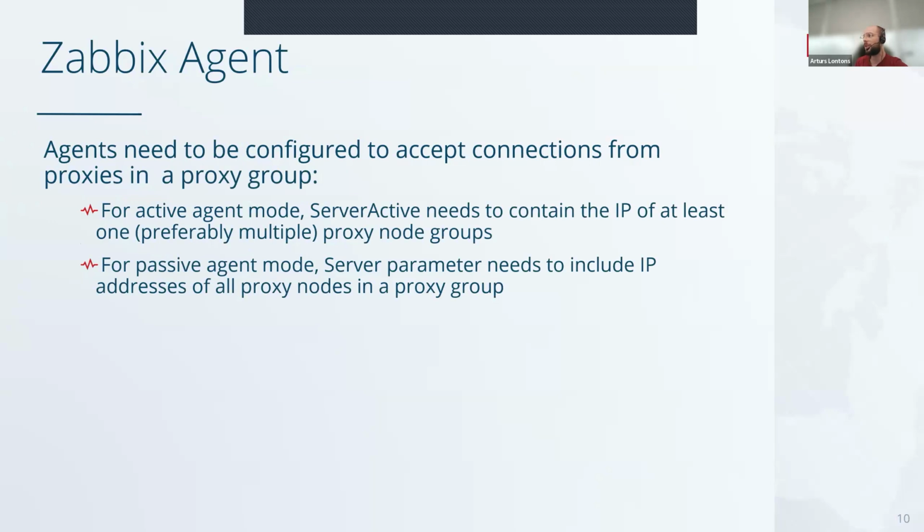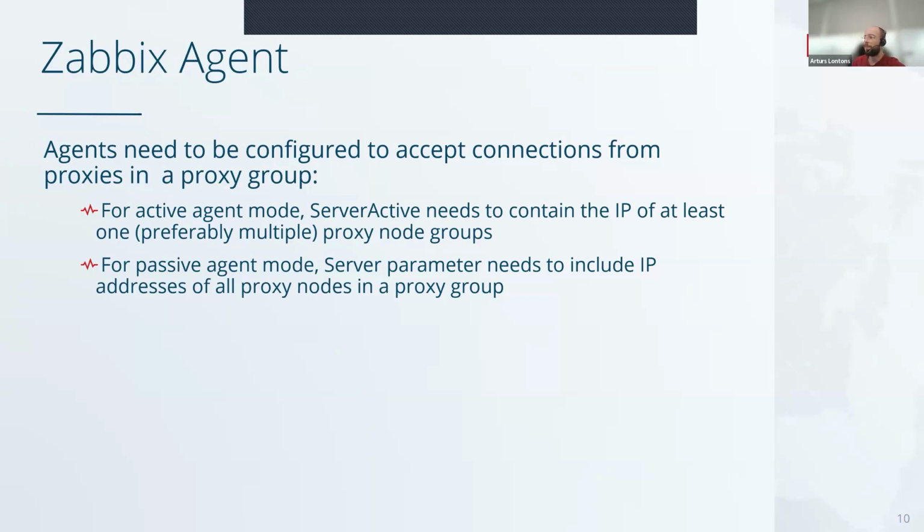Agents need to be configured to accept connections from proxies in a proxy group. For active agents, we need to configure server active. The server active parameter needs to contain at least one IP address, the address of at least one proxy from the proxy group, ideally more than one, because how this works is active agent talks to a proxy from a proxy group, and then it receives a redirect message, which will redirect the agent to a proxy with the fewest